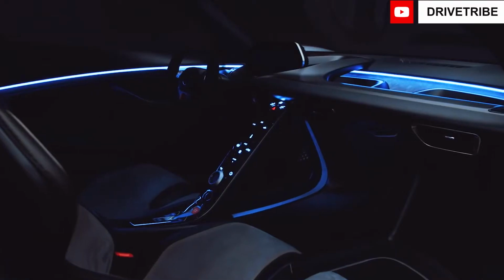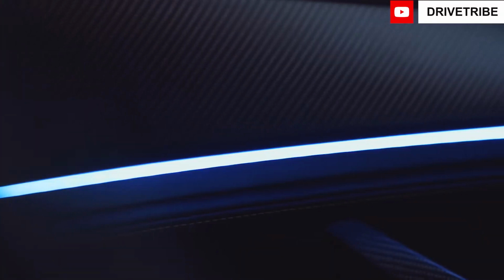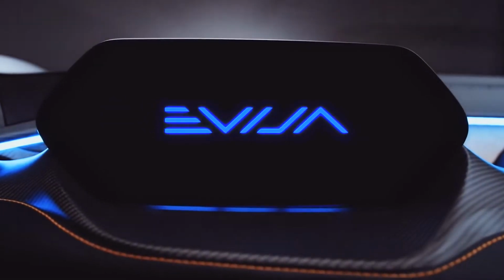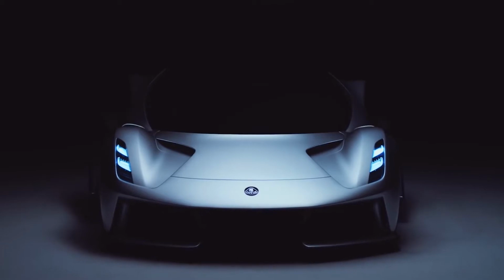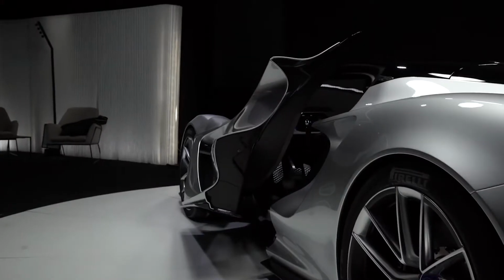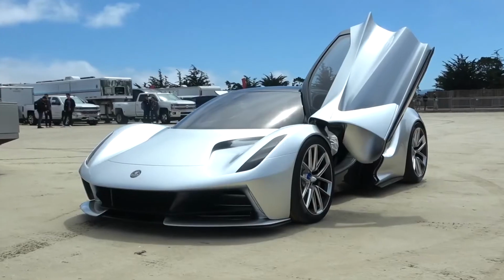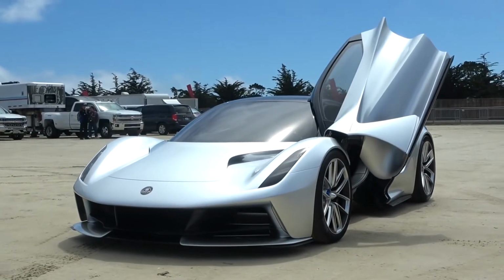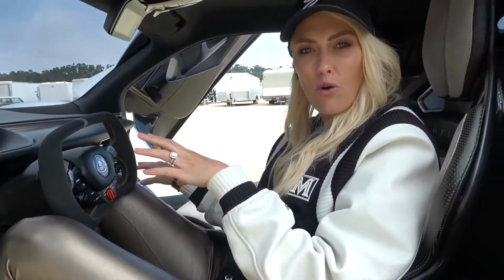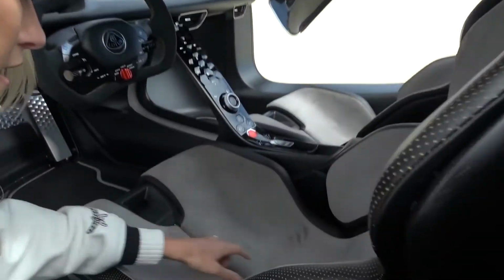Interior. Any car that appears as interesting on the outside as the Evija should be expected to have an equally spectacular interior. You will not be disappointed. The handle-free dihedral doors help the Evija maintain the car's clean sculptural design. These doors don't have handles and are controlled by the key fob. The doors can be closed with a switch on the overhead console once you've entered the car,